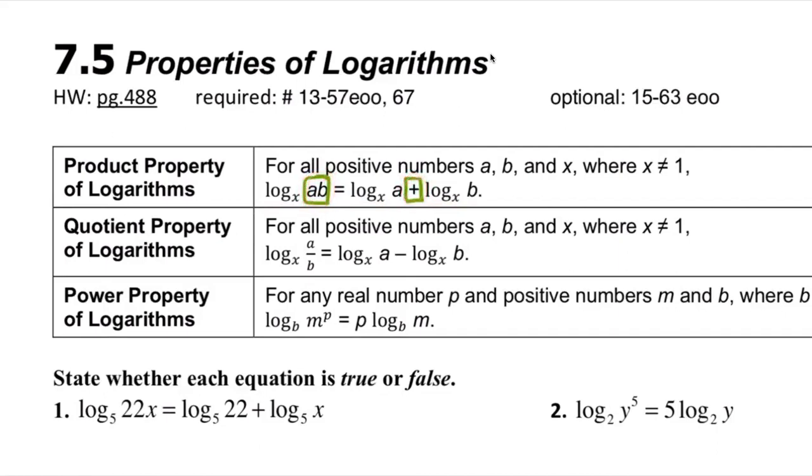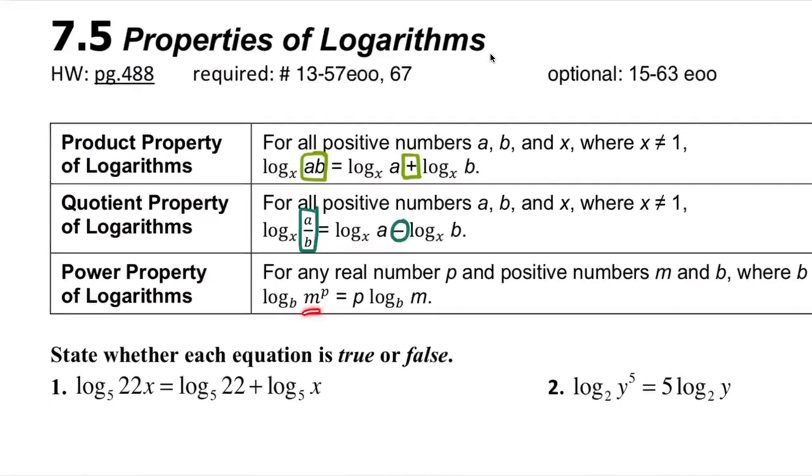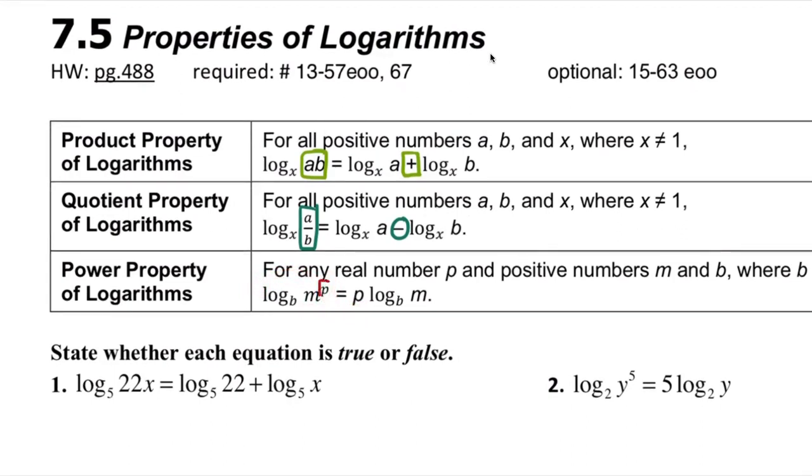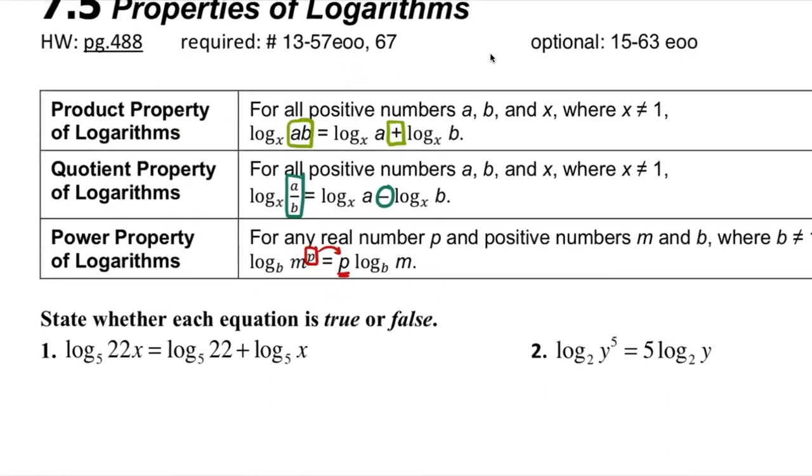Same thing when it comes to division, except this time you are going to split up the logs with subtraction. And then the last one is if your argument has an exponent, you can bring down that exponent and it will be a product with the log. So this exponent now goes to the front and gets multiplied by the log. Let's go ahead and see some examples to get a little more comfortable with these three